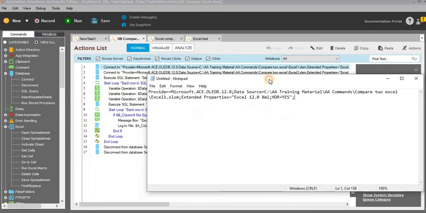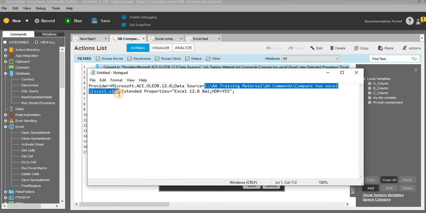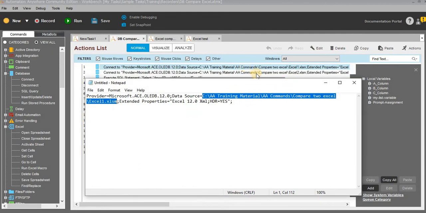Here is the connection string. Just copy the same and change this path. Then you can access the connection string. Very simple. You just need to replace the values: file path, file name and extension. Just replace and then you can use the connection string.